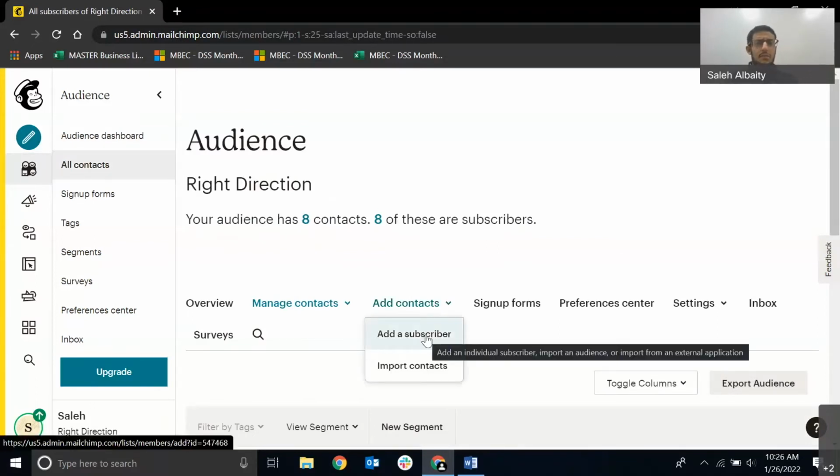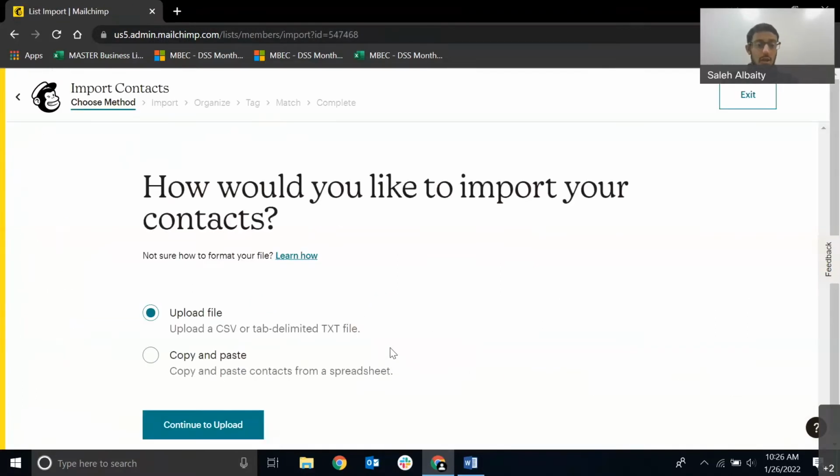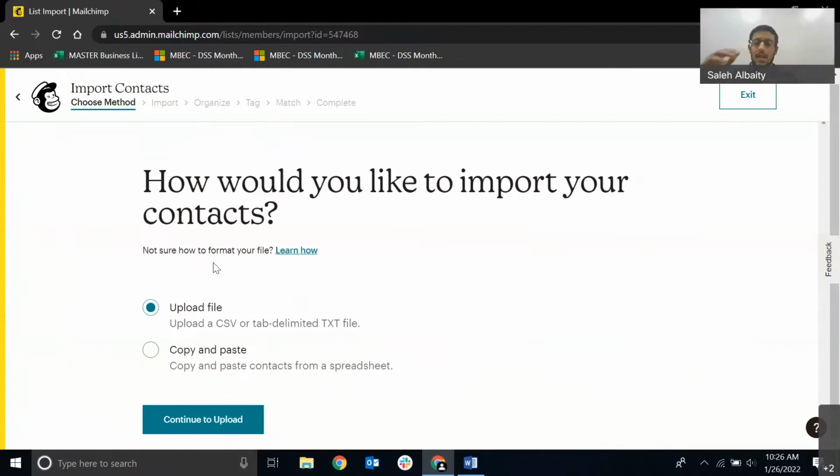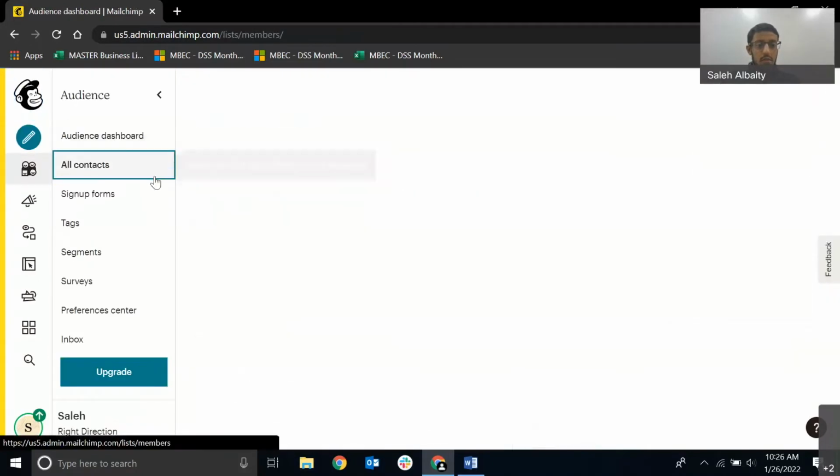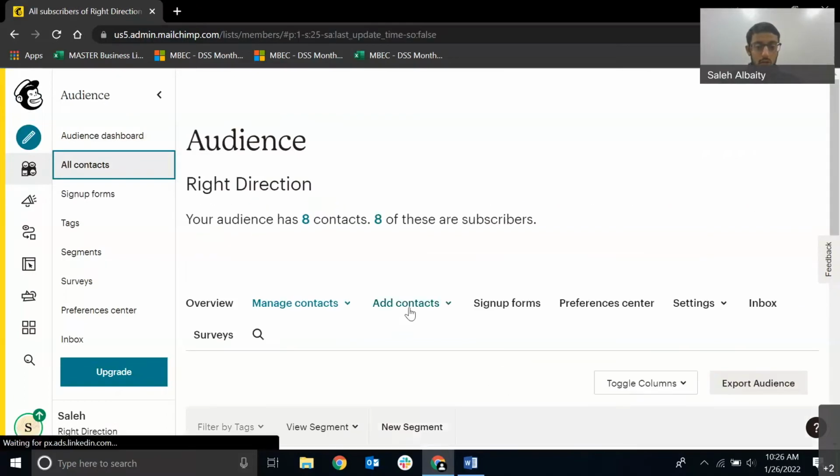And as Sahana mentioned, there are three ways to add a subscriber. The most common way would be an opt-in form on your website or your Facebook page, for example, where the audience member just opts themselves in. The other way is via CSV file, where you have a list of first names, last names, email addresses. You only need email addresses for this to upload successfully. And the third way is to manually add the subscriber yourself. So you go into add contacts, add a subscriber,